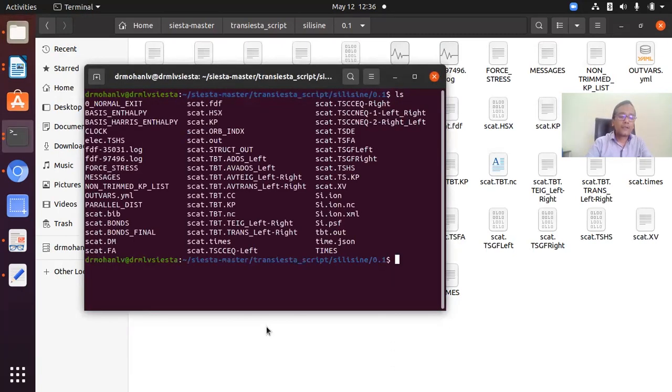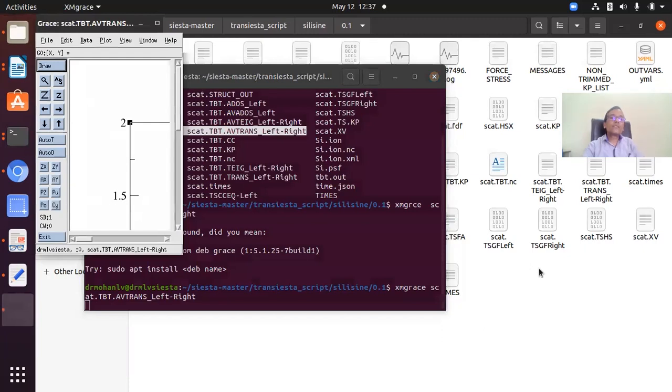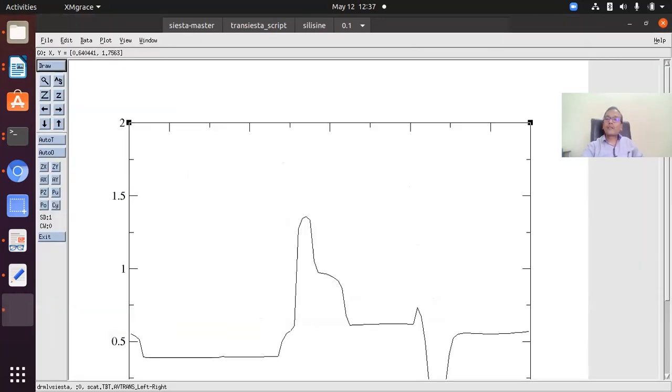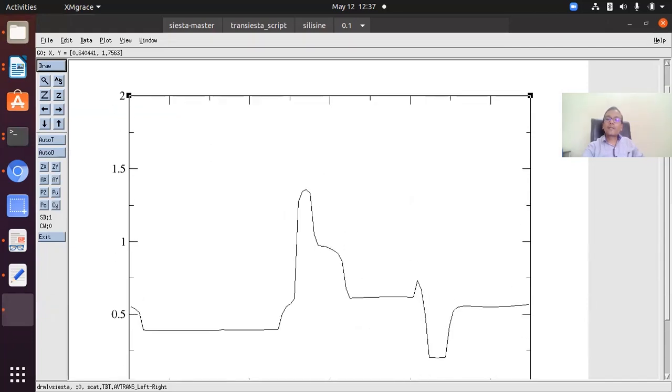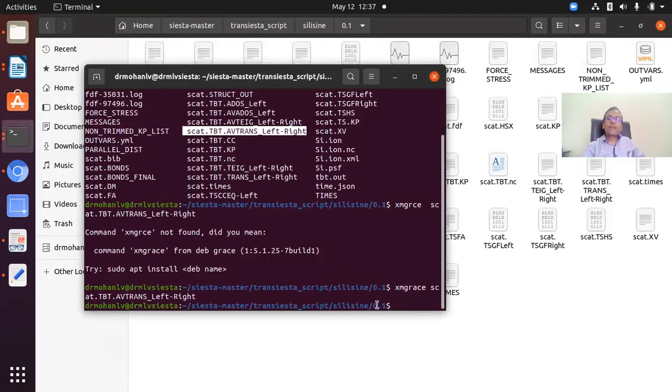This is for any specific voltage. So one can get different transmission plots for different voltages.